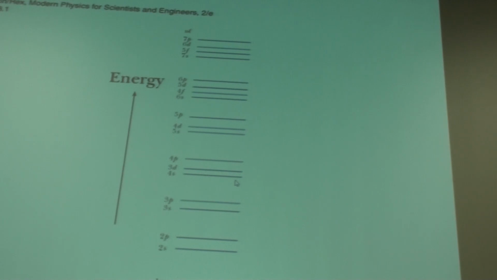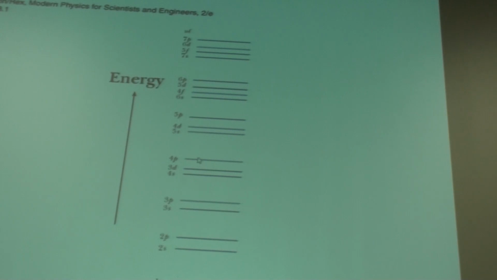Okay, and so why is that true? Well, the 3d spends more time farther away from the nucleus. And so therefore it's at a higher energy, because there's more shielding essentially. The 3d has more angular momentum, is thrown out farther away from the nucleus, and so therefore spends an average amount of time farther away from the nucleus than the 4s does. And so that puts it essentially at a higher state of energy. That's more potential energy, more distance away from the nucleus.